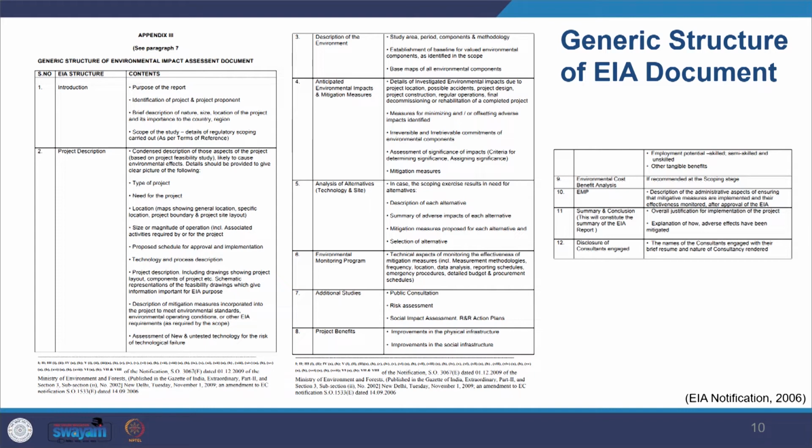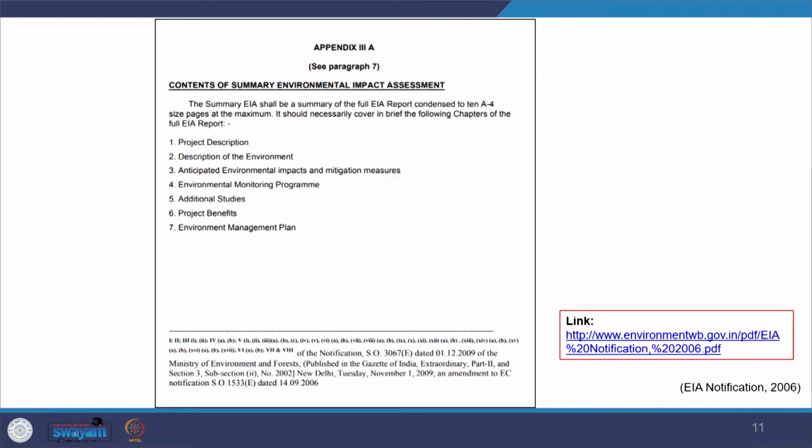And then disclosure of consultants engaged. So you see the 12 parts. So if you are part of the team, then all this information has to be disclosed here. So that's the overall structure given by notification 2006, and you also see it gives you the summary of EIA